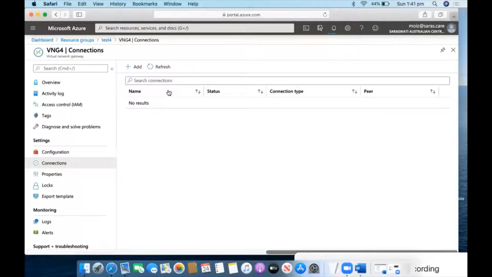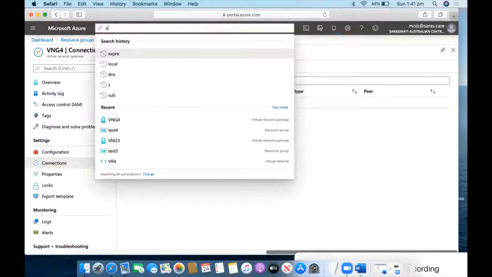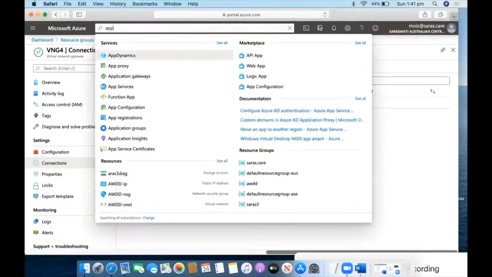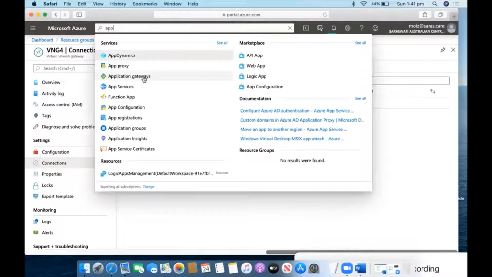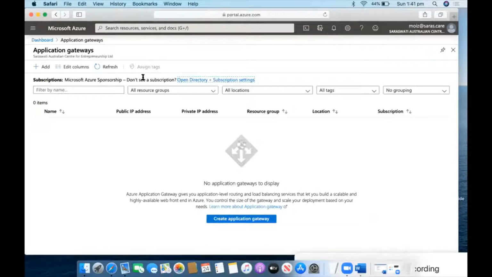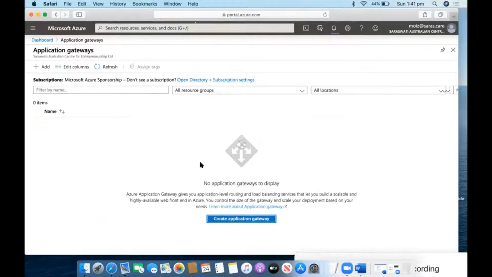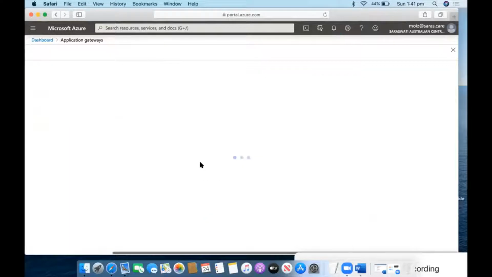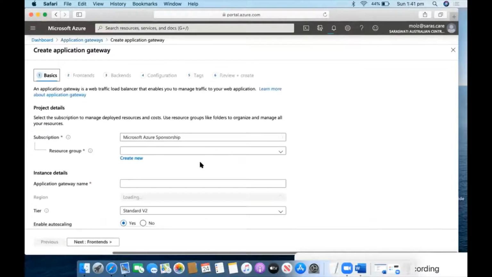All right, so let's create the application gateway. So I will search for application gateway. Here you will find application gateway. Now, application gateway is also like a load balancer, but it also has the ability to filter the traffic. That's the only thing. Once you create the application gateway, keep in mind that application gateway is also an expensive one, so you have to be careful. Always use basic if you don't want to spend more money on this one.